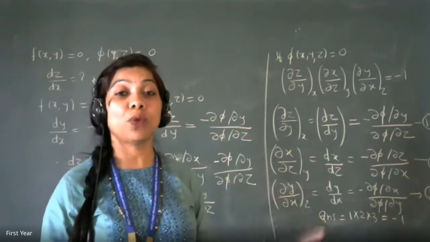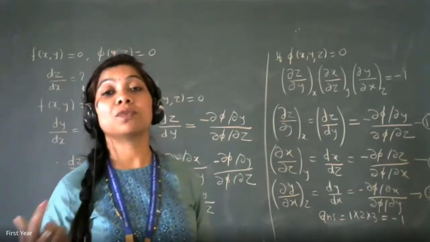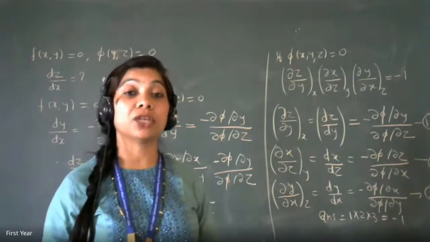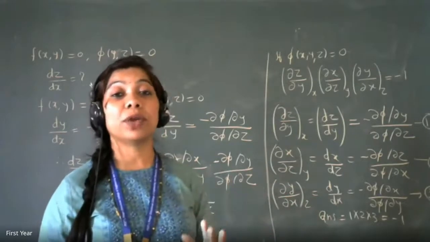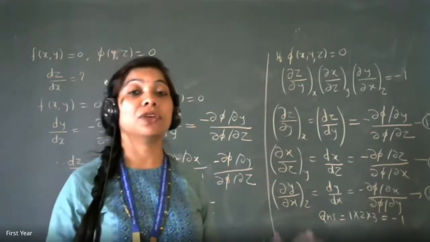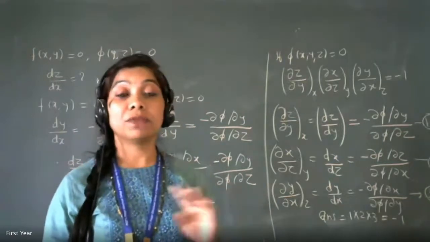When you want to change y, whether you are going to change it with respect to x or with respect to z, that question will arise, and that's why you have to differentiate it partially. If you are differentiating y with respect to x, z will be constant, and if you are differentiating y with respect to z, x will be constant. Okay, so that's the first thing.